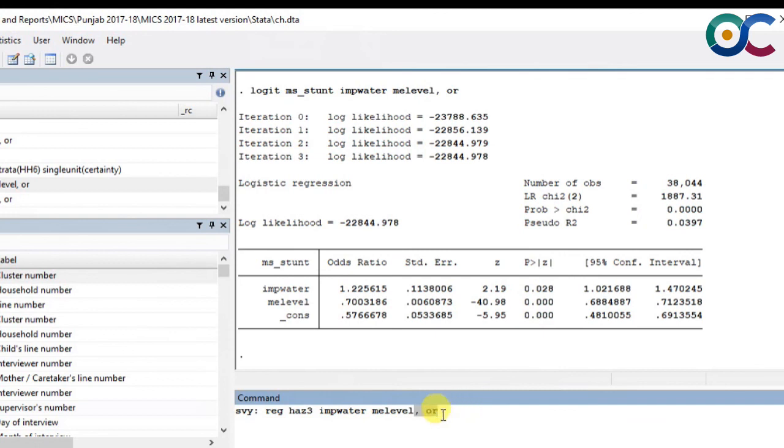And of course we don't have odds ratios in the simple OLS regression. But still I will use svy, and instead of using stunting 0-1, I could actually use HAZ3, meaning height for age z-score. What it is looking at here is whether improved water has a positive relationship with child's height in terms of height for age z-score, and whether when mother's education level increases, does it also increase the height of the child. So it does not tell us anything about stunted or not, but it does tell us about whether a child will be taller or not, right? So we can run that,